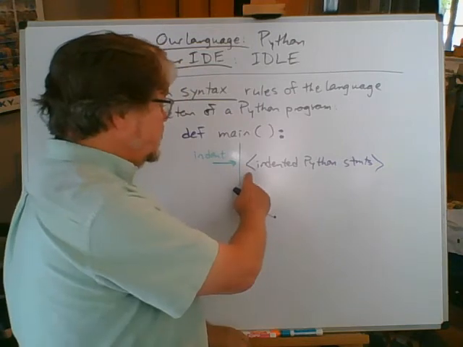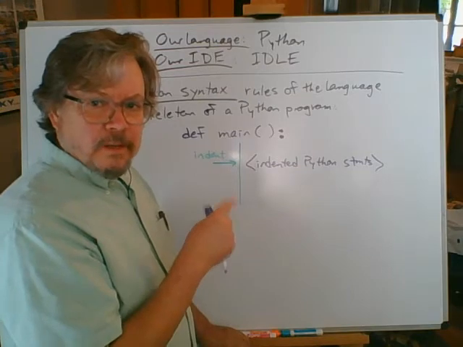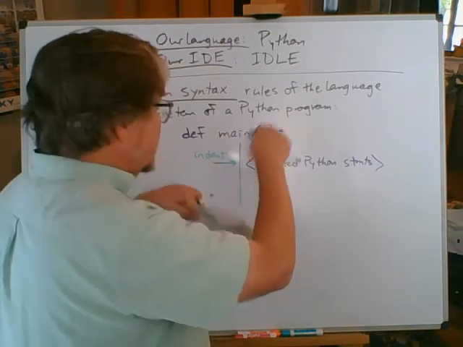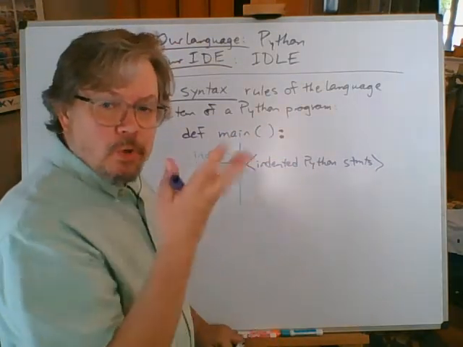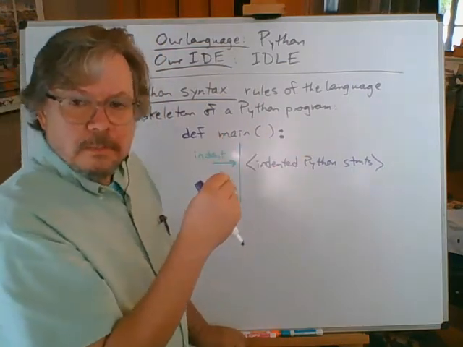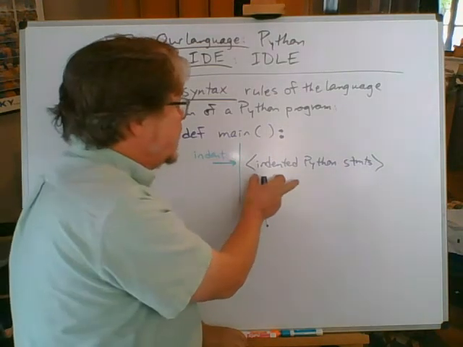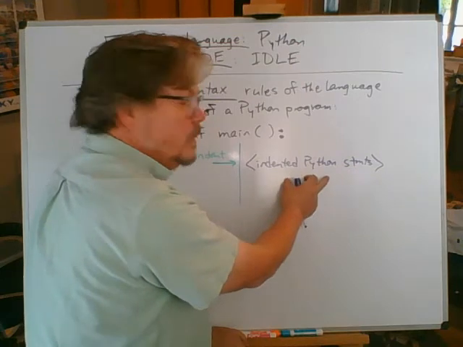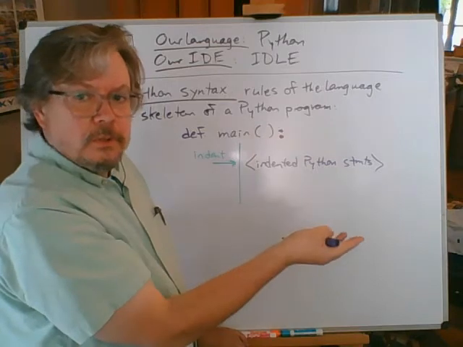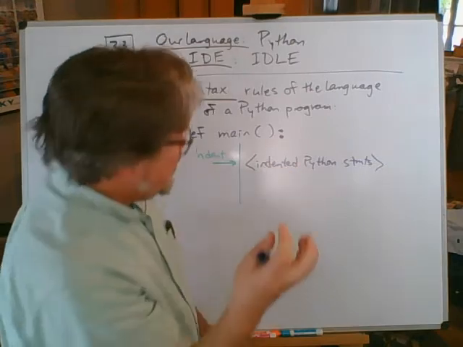What does it mean that I've got a less than sign here and a greater than sign there? Well, I call these pointy brackets. This is a format token, meaning you don't literally type in less than I-N-D-E-N-T-E-D. It means when you do have some Python statements, when we get to some actual statements that we could type in, then that's what would go here. Those would be indented. So anytime you see these pointy brackets, that means this is a format token that's got to be replaced before Pinocchio turns into a real boy, before you actually have a Python program. So this will actually be replaced.